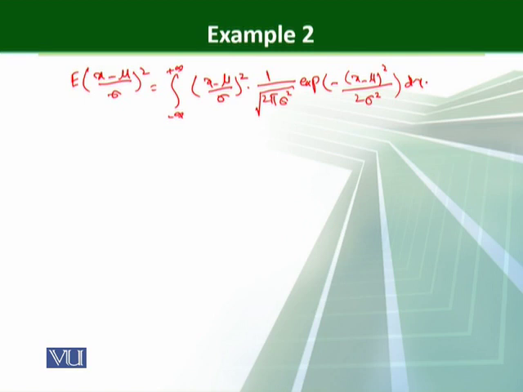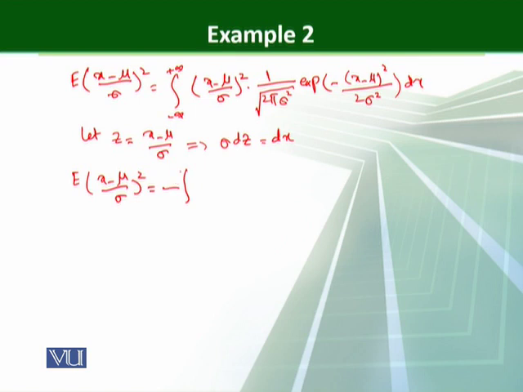If we substitute z equal to (x minus mu) over sigma, it implies that sigma dz equals dx. So we can write the expected value of ((x minus mu) over sigma) whole square. This is a symmetric integral,